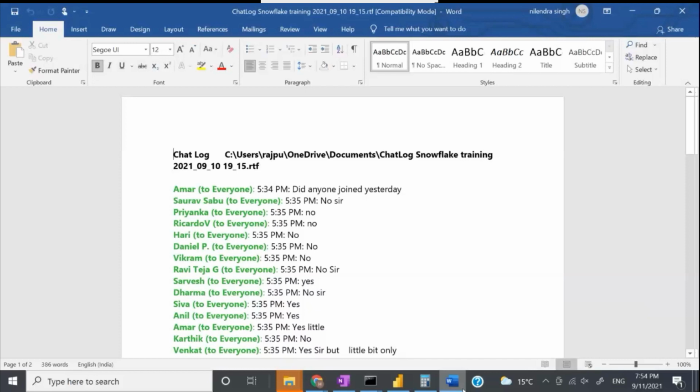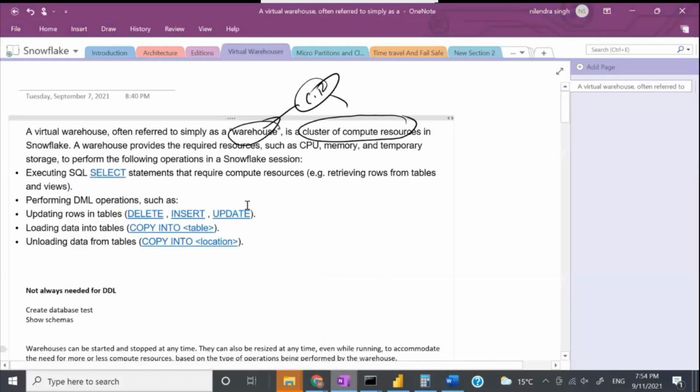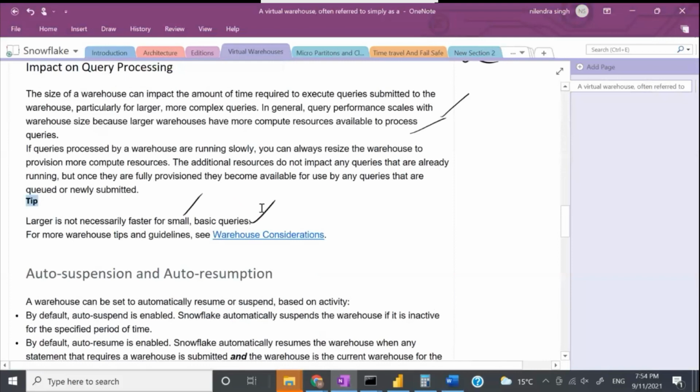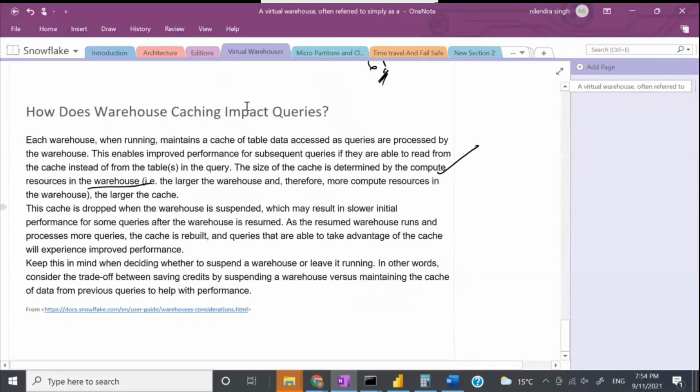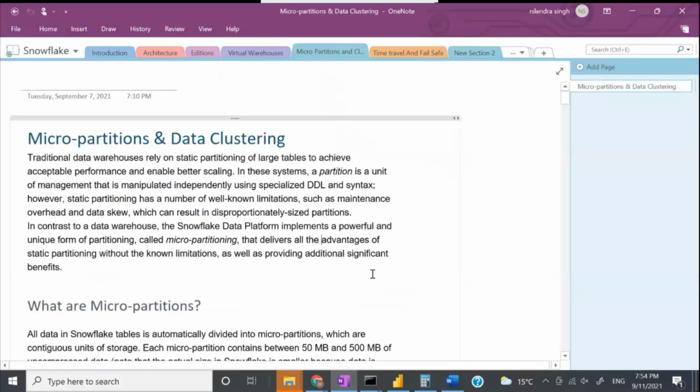Now let's go to the presentation again, and let's cover one more thing. We covered architecture, the different layers of architecture, the editions, and what Snowflake is. But one more important thing is how Snowflake stores the data behind the scenes,